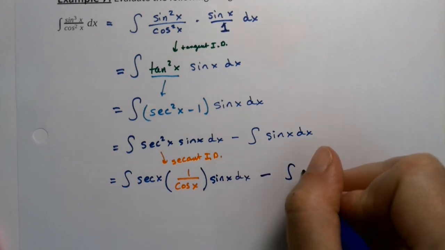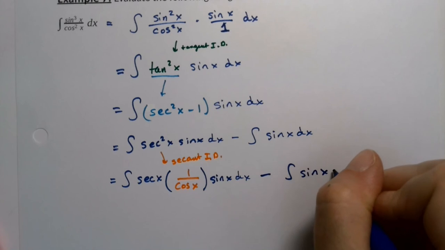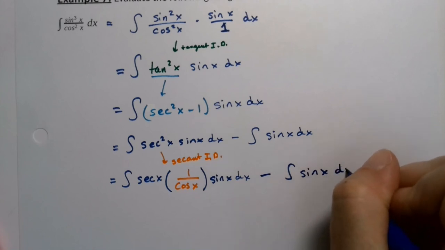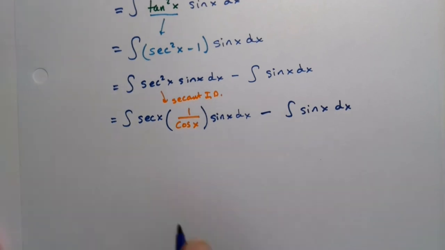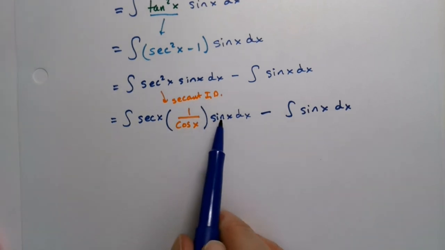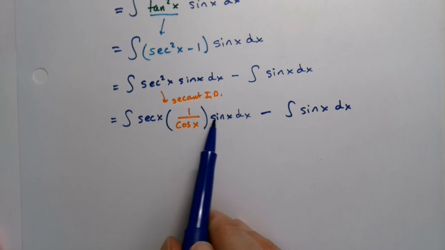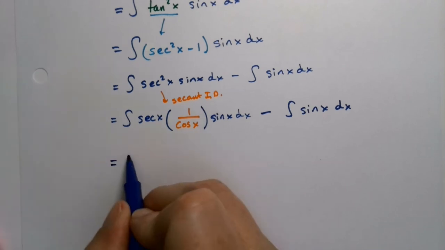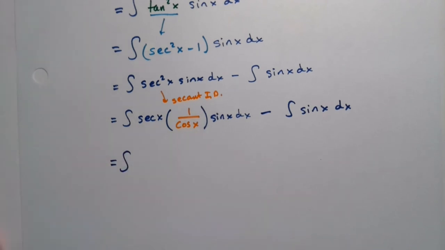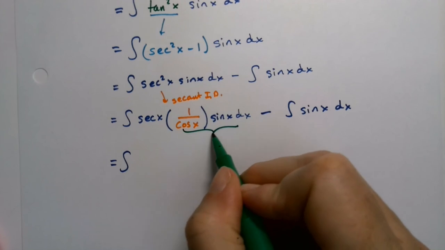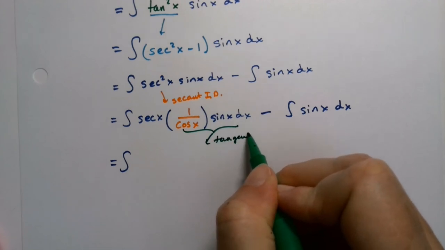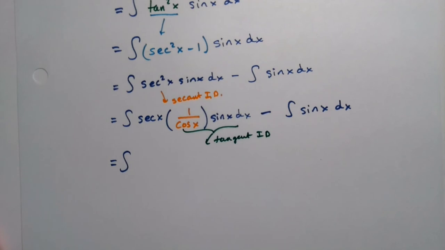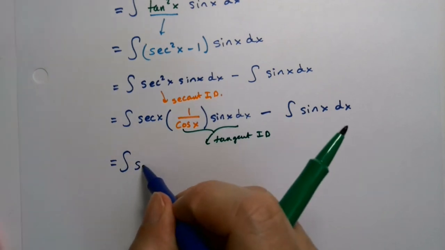I mean, technically I could find it. It's up to you. If you want to write plus cosine of x, then that's fine. If you want to wait and do all your integration at once, that's fine too. Whatever makes you happy. Okay, so now why did I do that? Well, because sine over cosine, these two together, again, that's tangent. It's the same identity we used up above. So this is the integral of secant of x